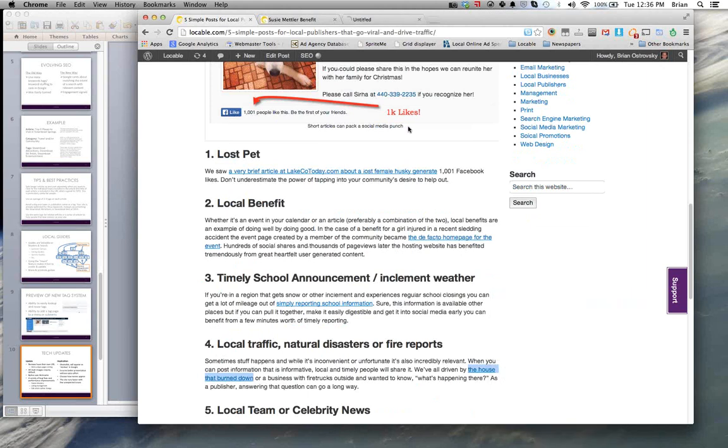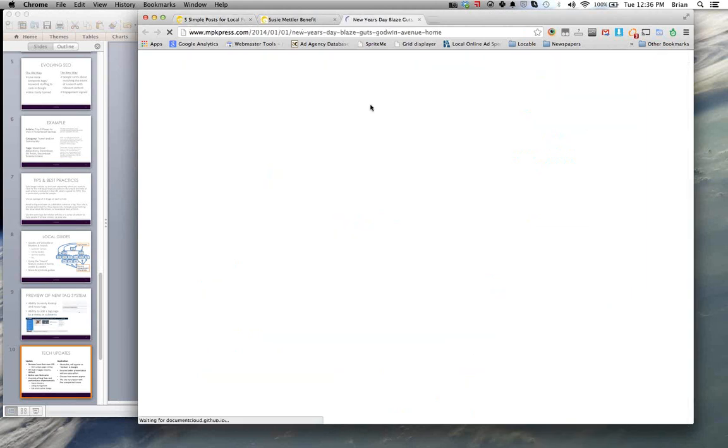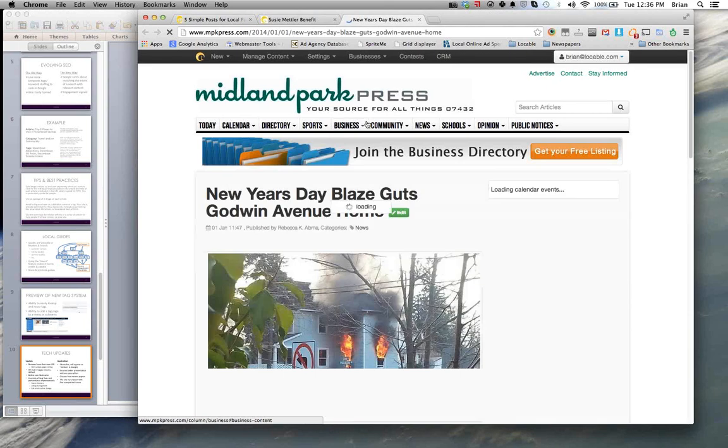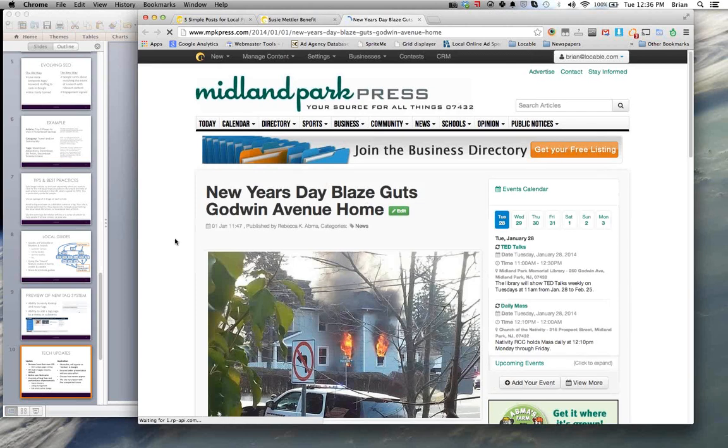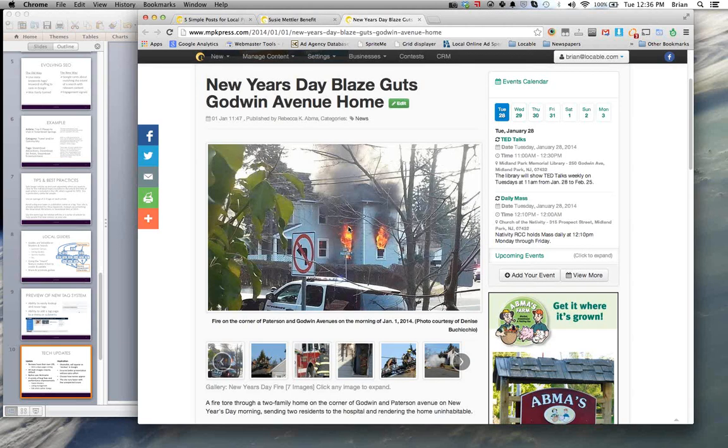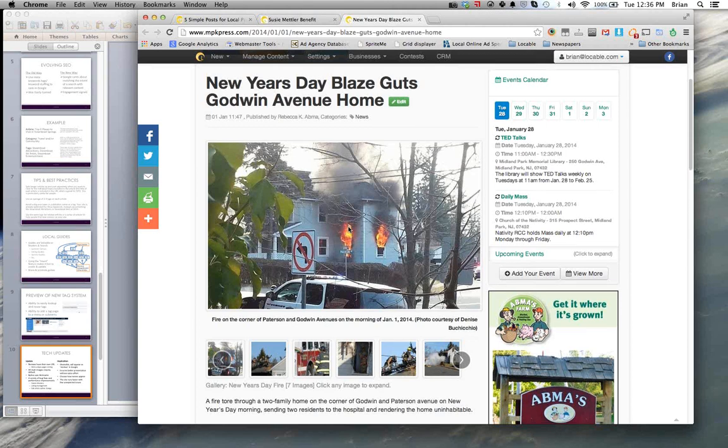I think I mentioned previously, where we live, a car literally drove into a Starbucks. I was curious what had happened, and so that's great local content. In this case, there's a local fire. This is a house that people can clearly see as they're driving by. It's probably a very common house on a common corner in this community. What happened there? People would like to know. So sharing or posting this content can become very shareable. And then finally,